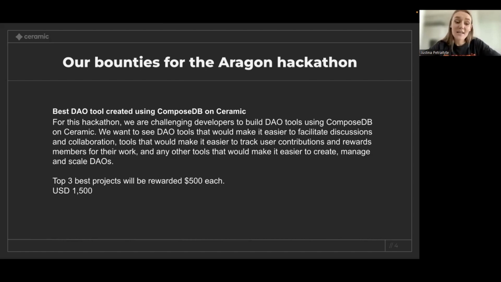We'll be rewarding 3 projects, and each project will get $500 each. We would also love to see developers combining Ceramic with other tools out there. So we would really like to see what kind of integrations you manage to build and so on. So yeah, those are the bounties. I really hope to see some really cool projects at the end of this hackathon.